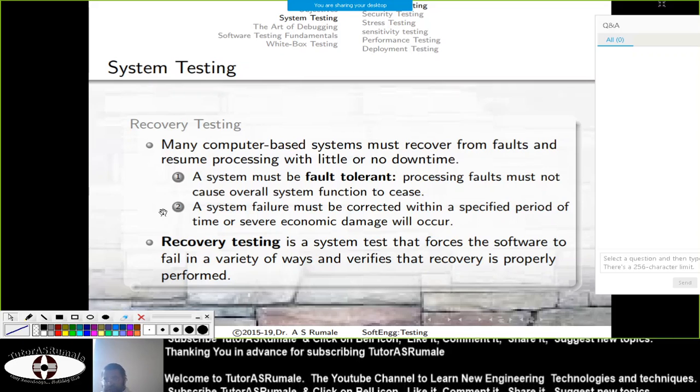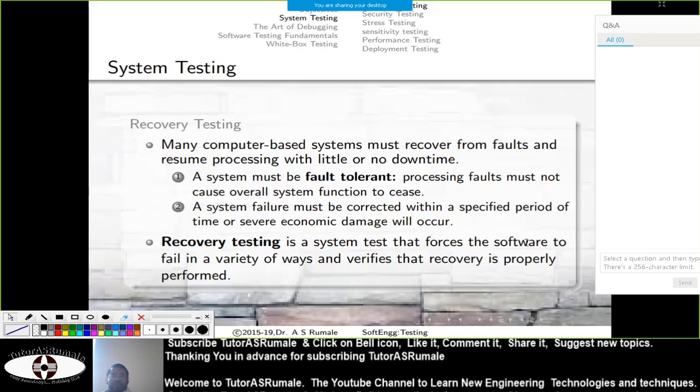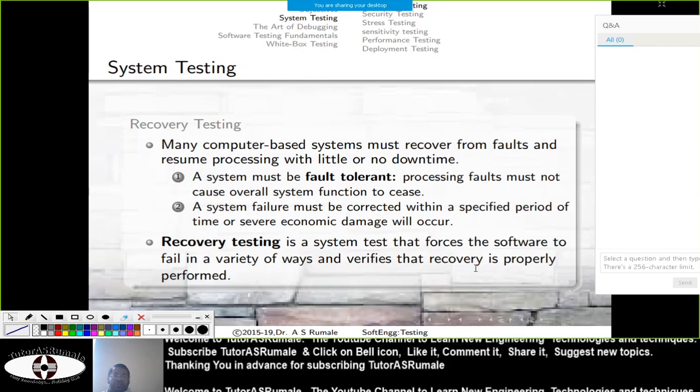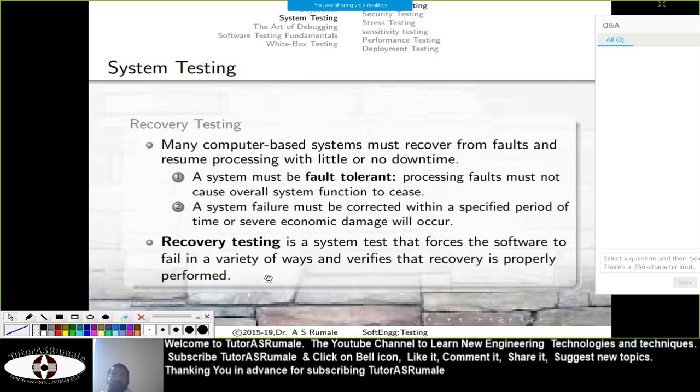Recovery testing is the system test that forces the software to fail in a variety of ways and verifies that recovery is properly performed.